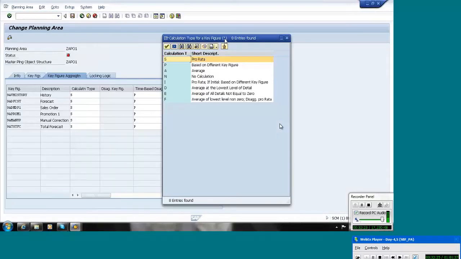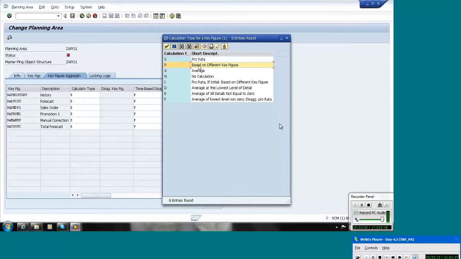Say, for example, I want to disaggregate proportionally, we can select the proportion data and take the promotional value. If I want to enter a promotional value at the brand level, in that brand there are 10 products. The forecast of the 10 products might not be equal. For example, the brand total is 100%; at the product detail level, one product has 10%, one has 2%, one has 5%, like that. Might be all are not equal.